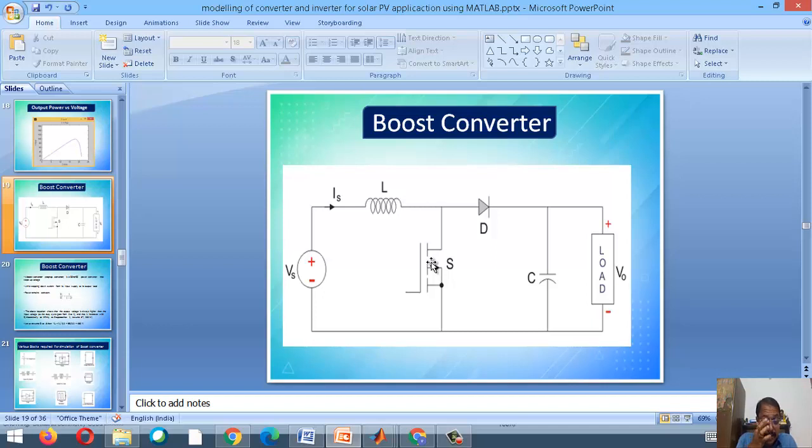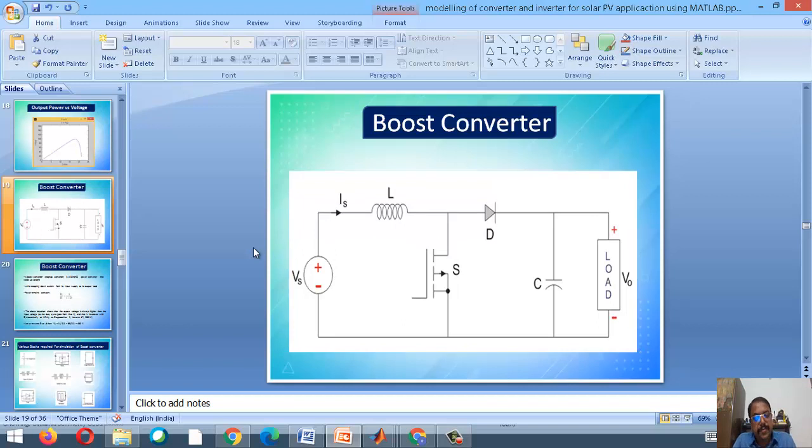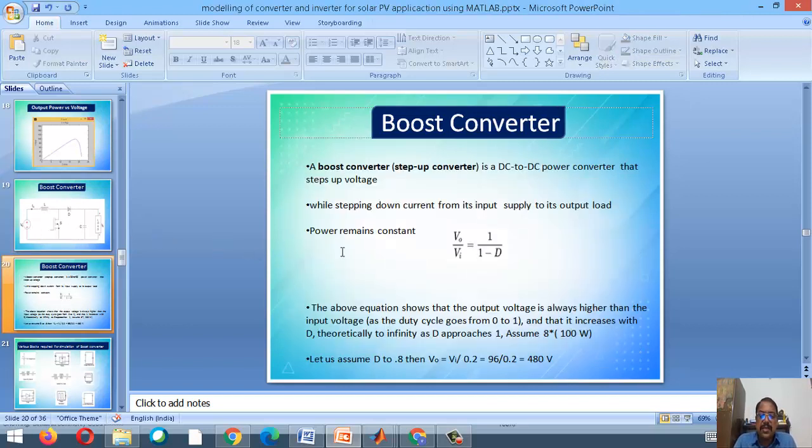So at very high frequency you charge and discharge at a much faster rate, so that your output does not touch 0. Your output does not touch 0. So this capacitor discharge is possible only if you operate this at very high frequency. Okay, so next slide we will see V out divided by V in is equal to 1